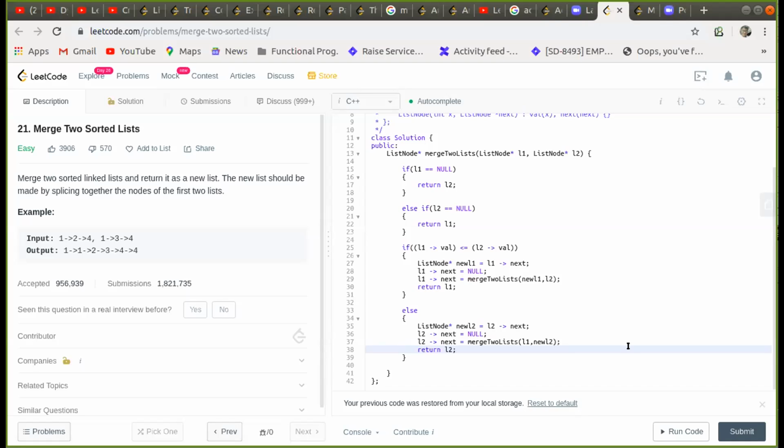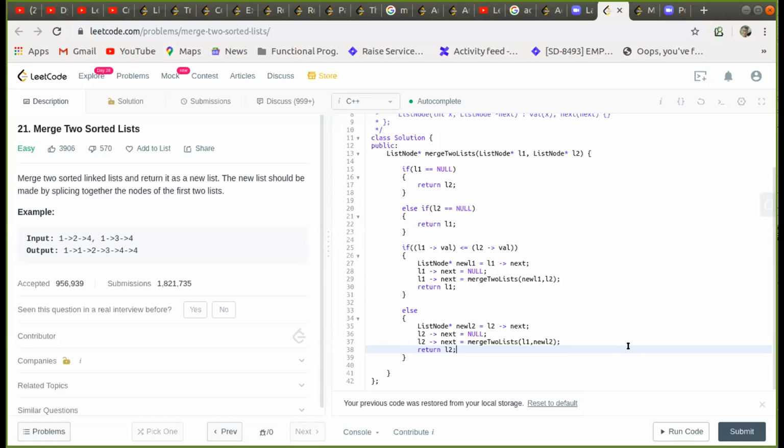So, but on line number 28, do you need L1 next equal to null? Correct. I think that is redundant. Okay. I don't have to make it null because I can just simply call. Right.